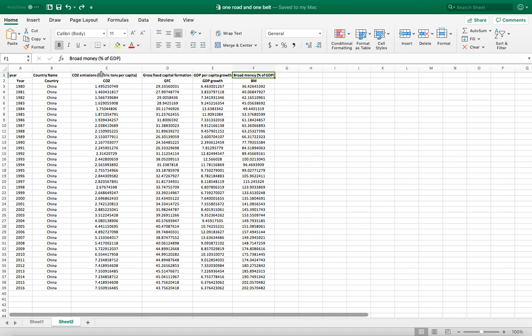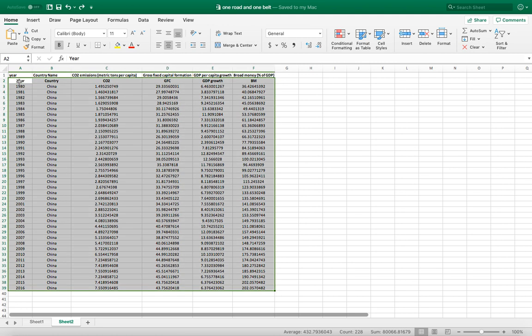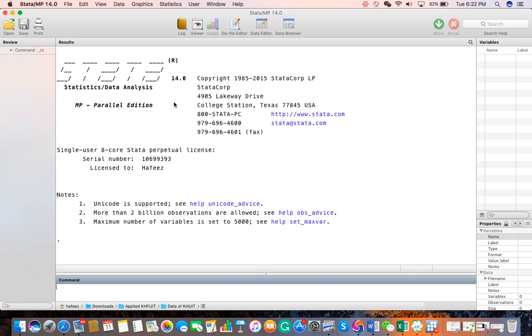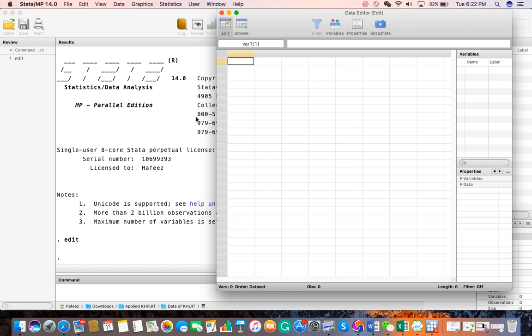have broad money. So first of all, you have to copy the data from the Excel sheet, and then you can go to the Stata window. Now there are two ways to enter the data. The first way is with respect to the command. You can write edit, and after writing edit and pressing enter, you have a data editor, and here